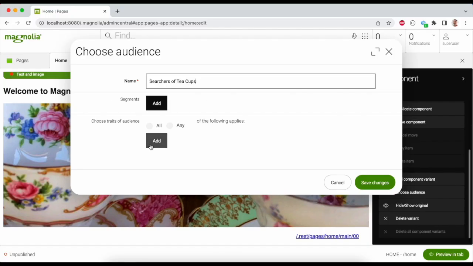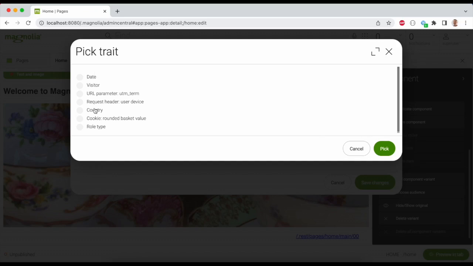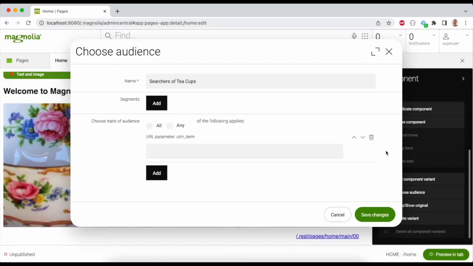And here is where we match the traits of our users to put them into that grouping. If we take a look here, we can see we have various different traits available to us. And one of these that has been pre-configured for us here is the ability to use a URL parameter. And in this case, it's UTM term. Now, we can set this to look at different UTM parameters, and perhaps we want to associate different versions of